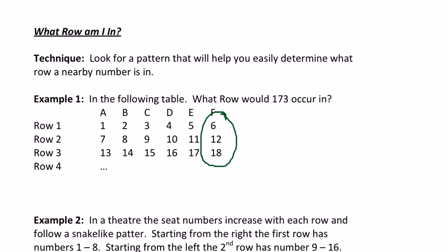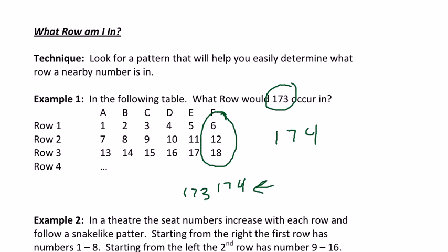And so the first thing we do is we find the closest multiple of 6 to 173. And there's multiple ways you can do that. Using divisibility rules, we can see that 174, which is clearly divisible by 2, and divisible by 3, must be a multiple of 6. So if 174 is a multiple of 6, that means it's going to be in column F, and so we know that 173 is just going to be the entry before that. So now, if we can figure out what row 174 is in, then we'll know what row 173 is in,